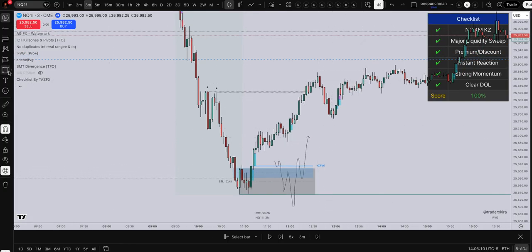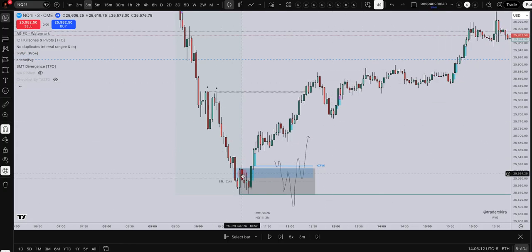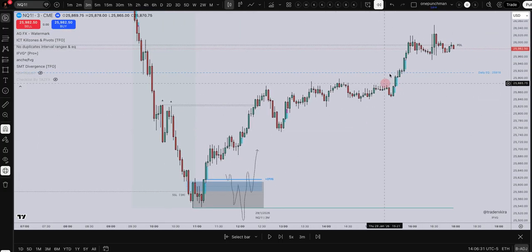Okay, so this is a great example of that risk management piece of skimming profit at your TPs and then moving your stop loss to break even and then catching runners for higher prices, in this case because it was a long position. Now if I go back to today,